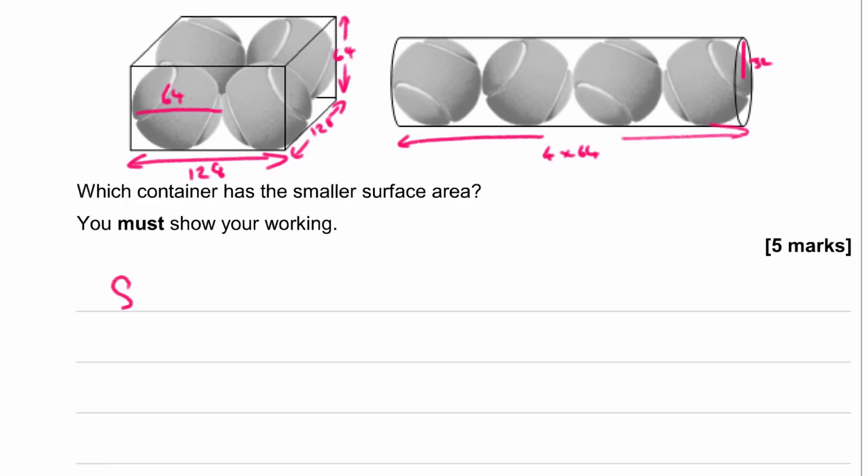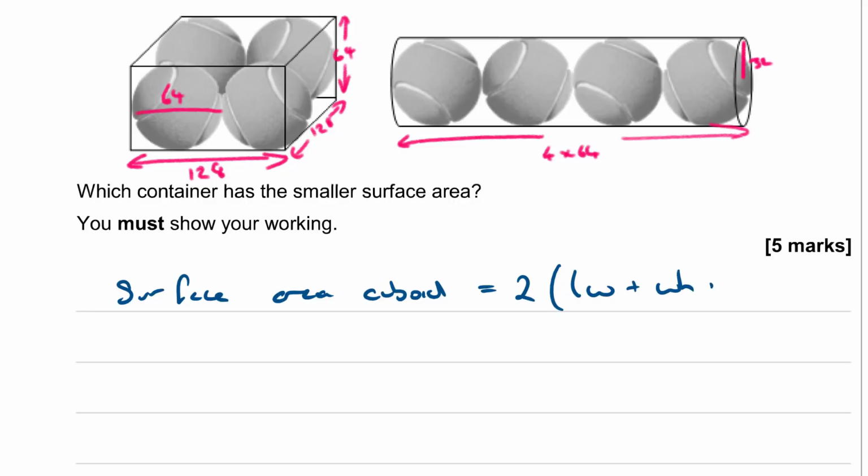So let's do the surface area of the cuboid first. Surface area of cuboid. Now it's the 6 faces, isn't it, added together. There is a brief formula for it. You can say length width plus width height plus height length. So basically you just switch the 2 of the 3 dimensions like that, which is 2 lots of